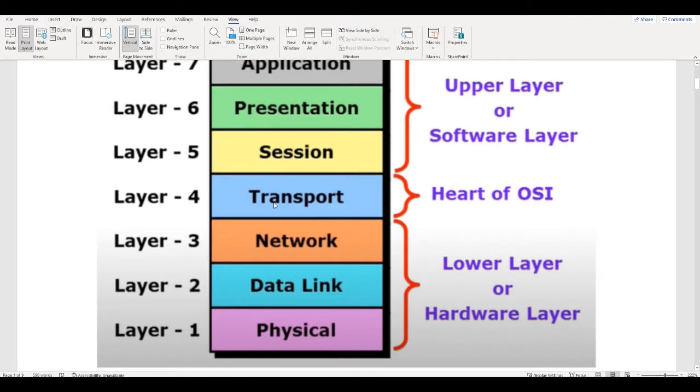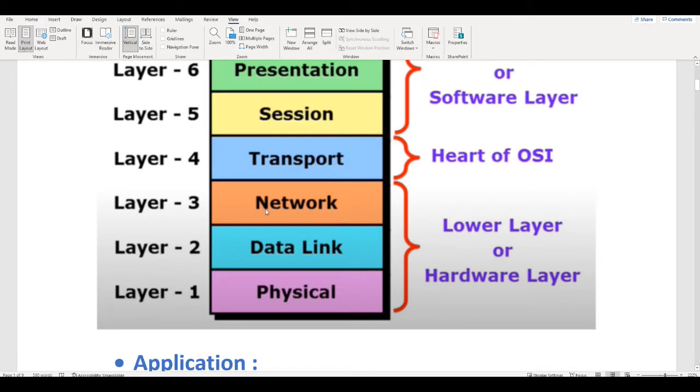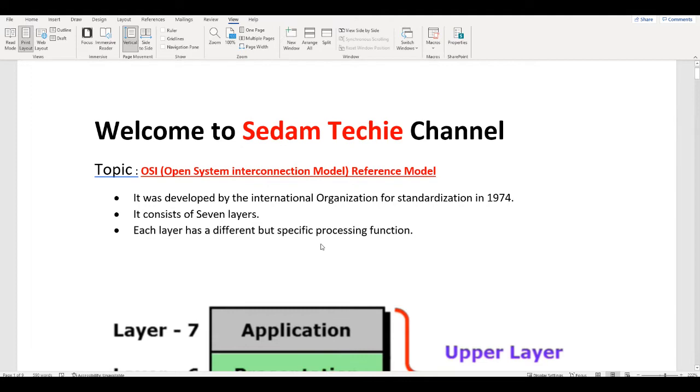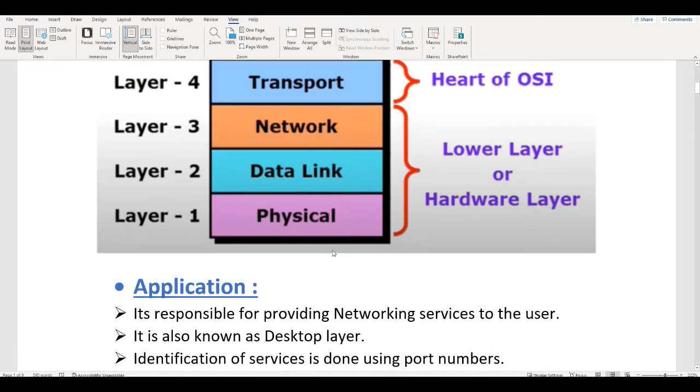The fourth layer is called the transport layer. It is also known as the heart of the OSI layers. In this layer the data will be transported. The remaining 3 layers, network, data link, and physical, are called the lower layers of the OSI model or hardware layers. Each layer has a different processing function, so we are going to look at them in detail.